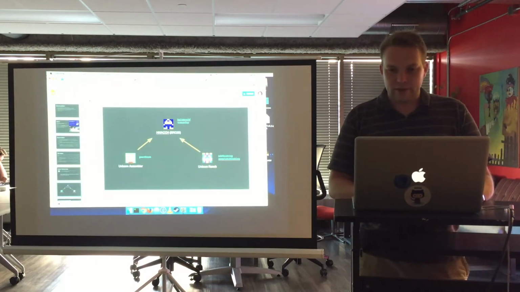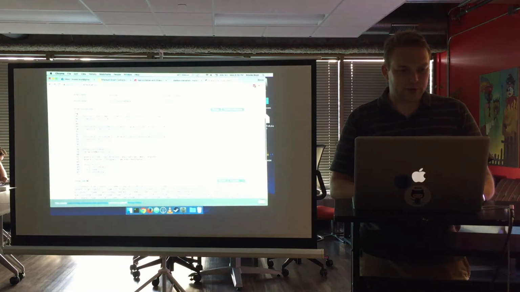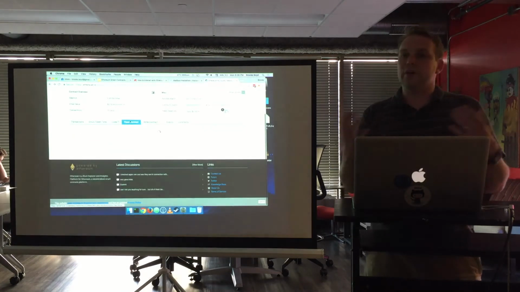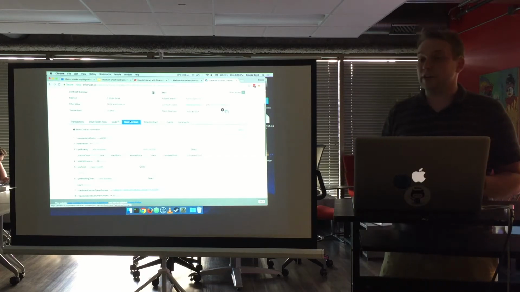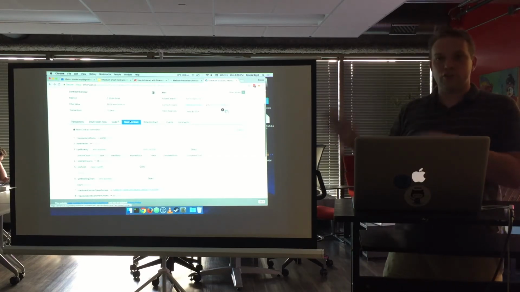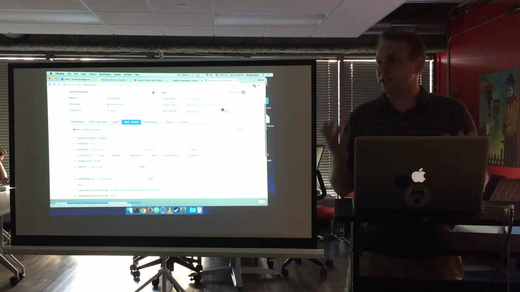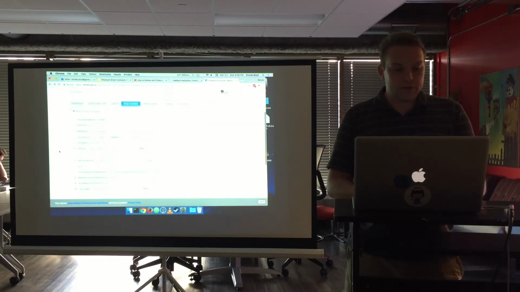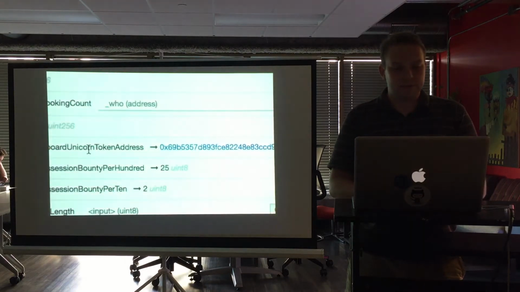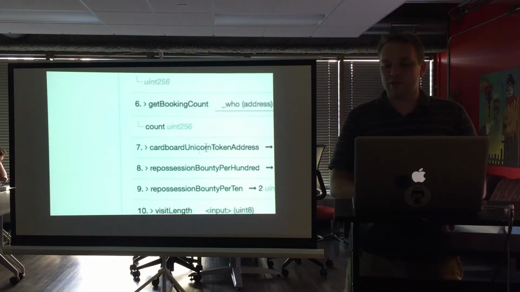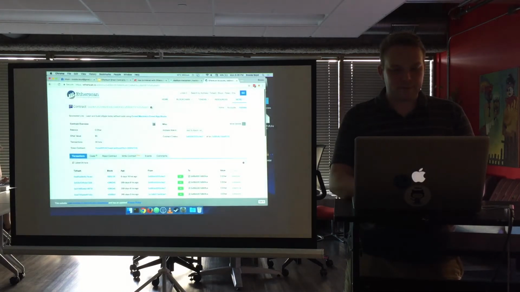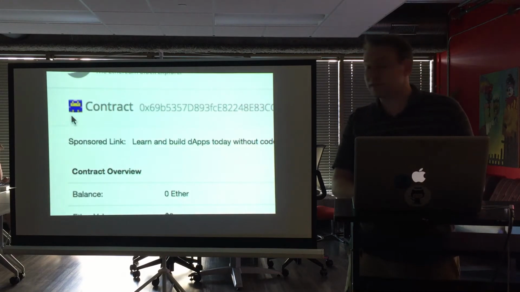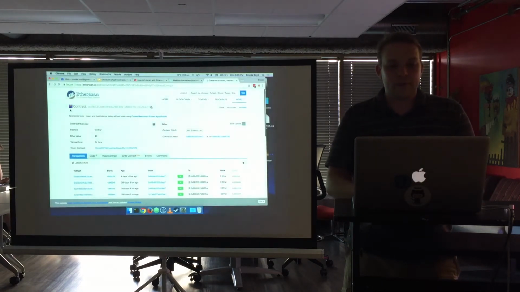Looking at the next tab here is what I wanted to pull up. Read Contract is where Etherscan lets you see any of the free functions that the contract has. Etherscan will just go ahead and show it to you for free because it knows that it doesn't cost anything to do these. And you can see in here, this has a link: the cardboard unicorn token address is a parameter that is encoded into this smart contract, which points over to this guy, purple monster, green face guy, which we've seen before.